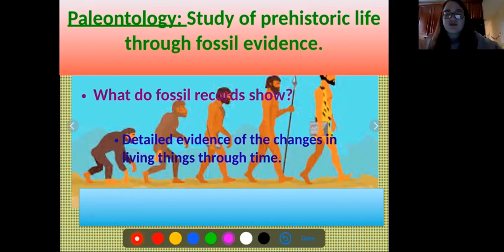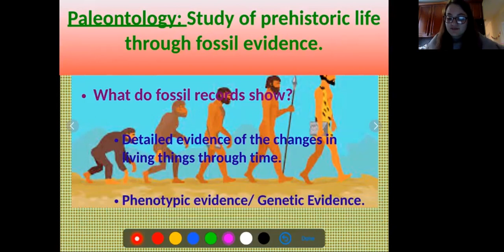So do you think that this fossil record, this paleontology, is an example of molecular evidence, geographical evidence, genetic evidence, or which one am I forgetting? Phenotypic evidence. We're gonna get there eventually. Well, this is actually gonna count as two things. It can count as phenotypic evidence as well as genetic evidence. So you might have said, wait, but these are found in the earth, so wouldn't we count it as geographical? Not really. So we're going to classify this as phenotypic evidence as well as genetic evidence, because like I said,